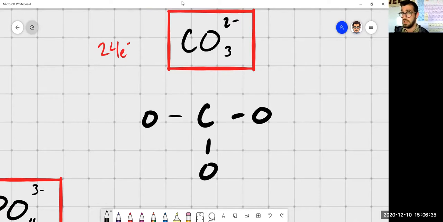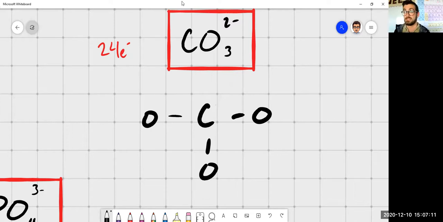We know that we're going to need 2 negatives, right? First step here is fulfill the octet of this central atom, right? And we know that there's 2 options here. One of these can become a double bond, or carbon can have a lone pair. Now, if carbon has a lone pair, that will give it a negative charge, which doesn't necessarily mean it's a bad thing because we do need 2 negatives here, but let's try to avoid first putting a charge on our central atom if possible, especially because oxygens normally take charges really well